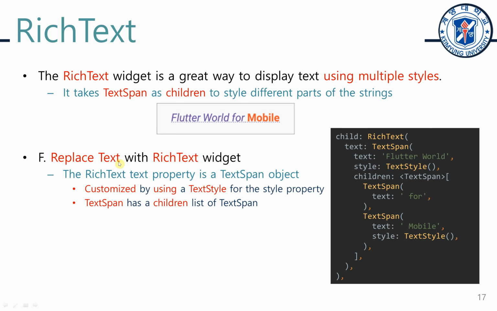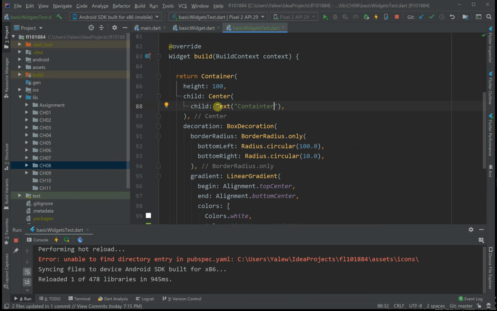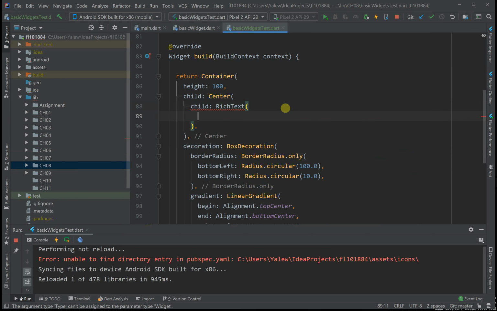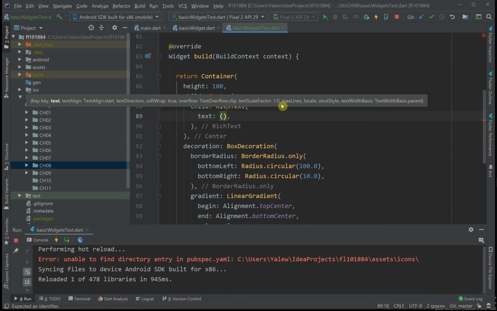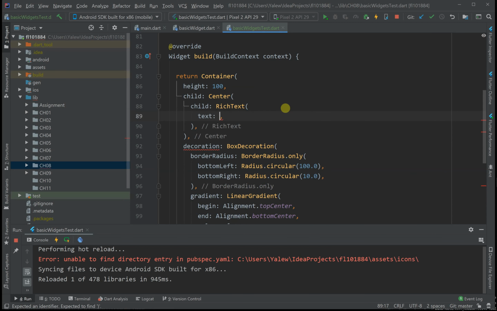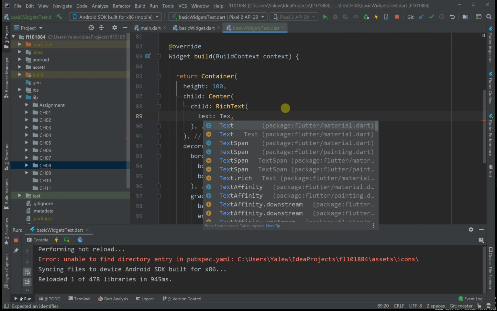So we had text here, let's replace it with rich text, and then inside this rich text what I want is a text, not here, actually a text span. So I want a text span,